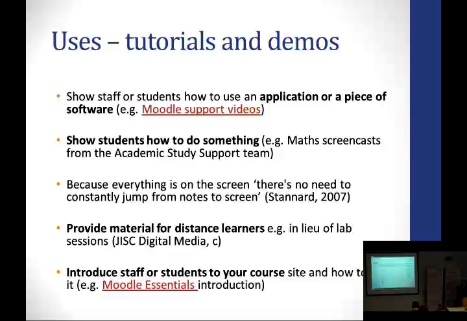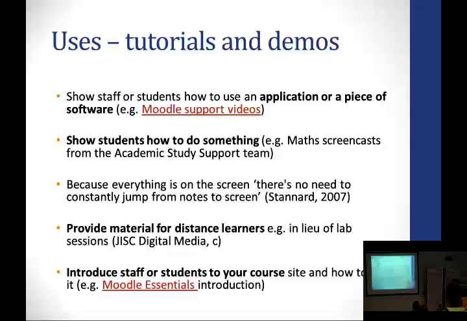To submit your assignment, click on the underlined link next to the assignment icon to get to the submission point. In the top box, you'll see... You get the idea, so you can show students what's happening on the screen and talk to them, explaining what's going